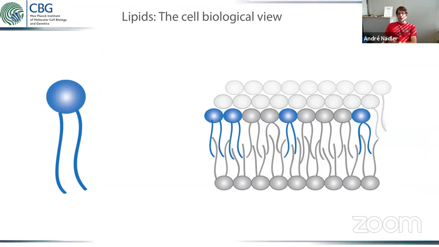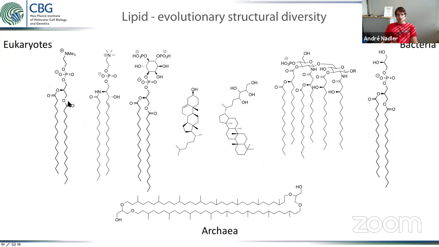So as a way of introduction, I'm going with a little bit of a provocative statement. The way we think about lipids in cell biology is usually very simplistic. So we draw up these cartoons where we have little heads and then some wiggly tails, and then we make up a membrane. And even this schematic structure implies something about lipids that is not necessarily true, that we essentially have a head group and two fatty acid tails. But if we look at what kind of solutions